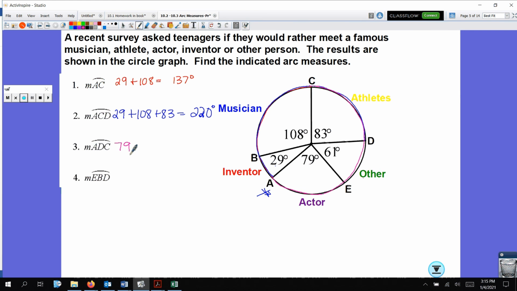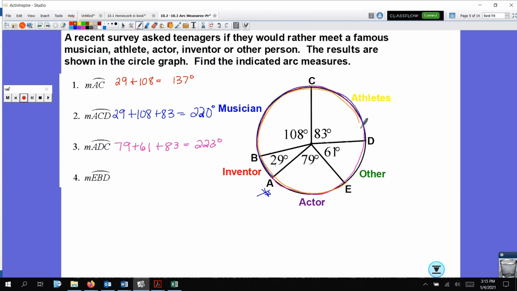So 79 plus 61 plus 83 is 223 degrees. All right, last one is EBD. EBD. So let's use orange. Okay, so if I start at E and I have to go to B first, that means I'm going to go to the left